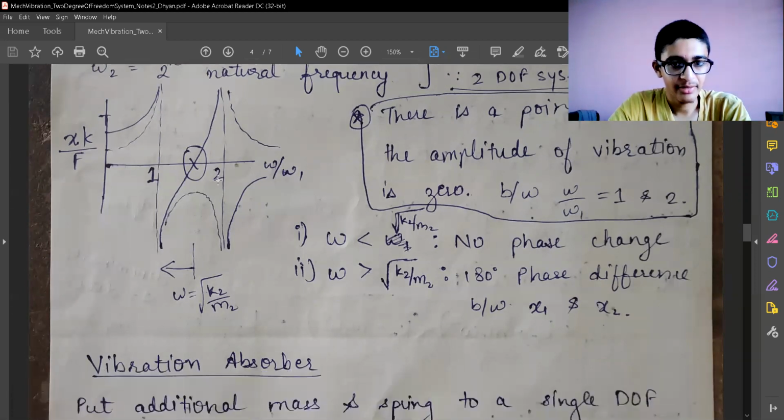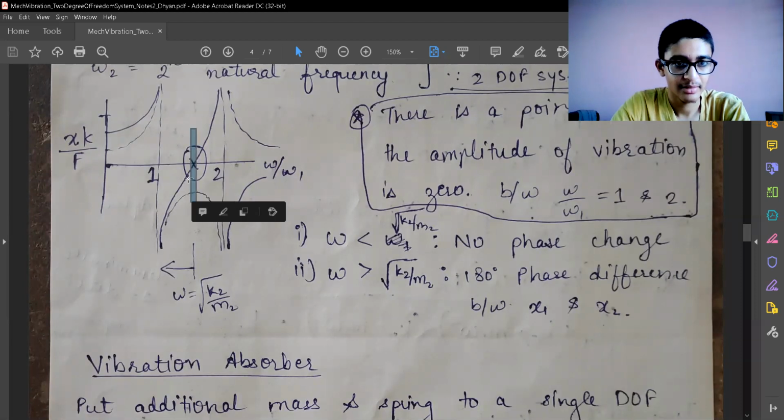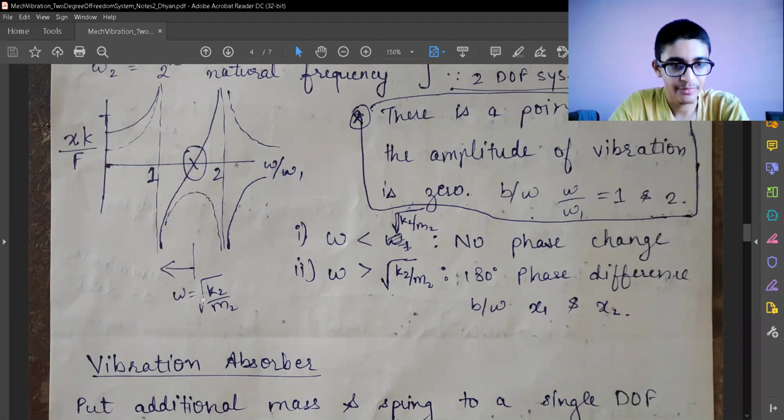And actually we'll figure out that omega over here is equal to square root of k1 by m1. That is the natural frequency of the first mass when it was not combined. So when the mass was separate, we know that that is the natural frequency of the system, or the main mass or the machine. And then in the procedure over here, we'll also figure out that this is the same frequency, that is equal to square root of k2 by m2. That is the natural frequency of the second mass alone.